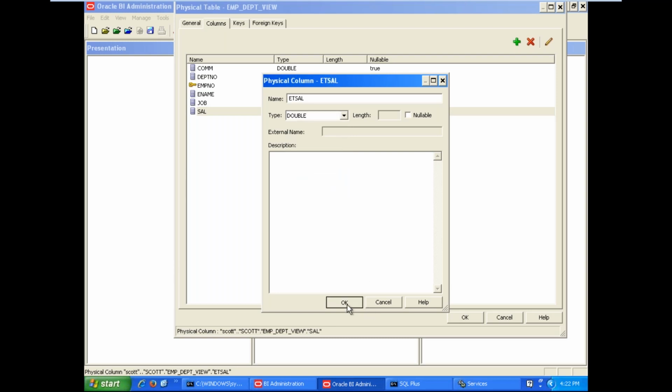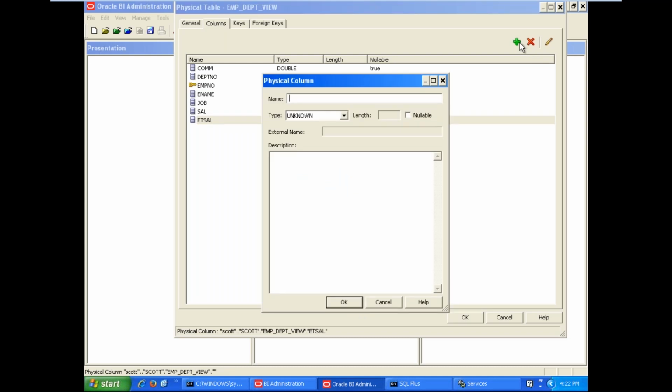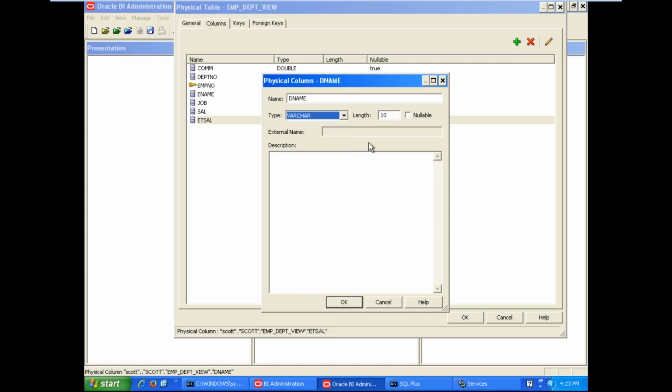Click on OK. Next we can add D name. D name is varchar2, you can check in the DEPT table. Varchar or varchar2, here by default length is only 10.